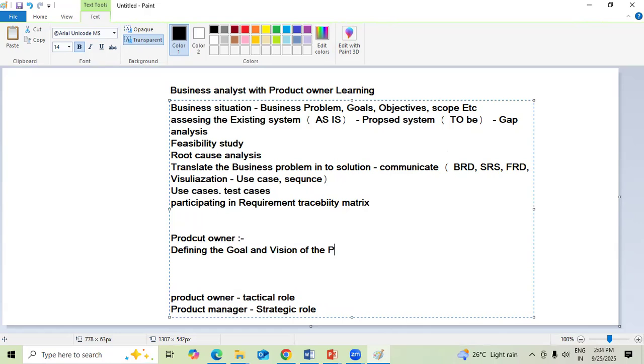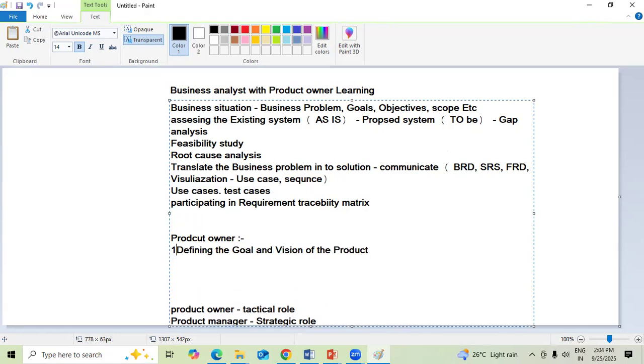Defining the goal and vision of the product must be the first priority. Point number one. Point number two, understanding the requirements. Because as a requirement business analyst, or product owner, whatever requirements that we understood,